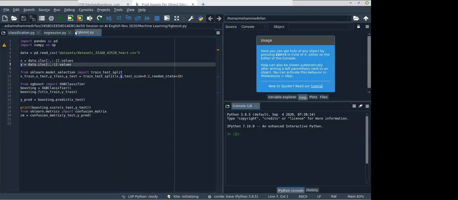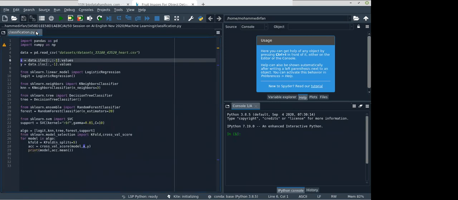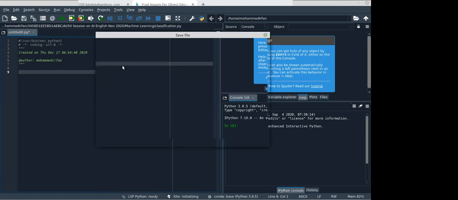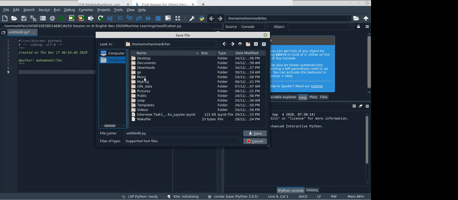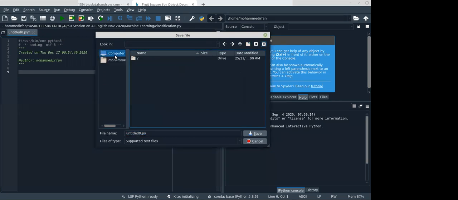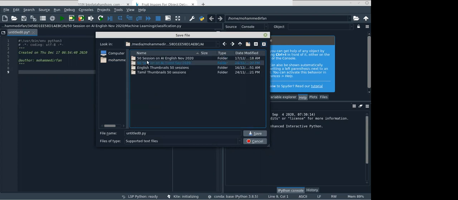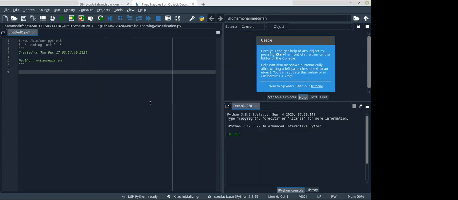So now we are in the Spyder. So what we'll do, we'll create a new file and save this file in the directory where the data is. So the data is in this folder, we have the deep learning. Here we have the data fruits. So now we'll save this file as cnn.py. Okay, so let's start